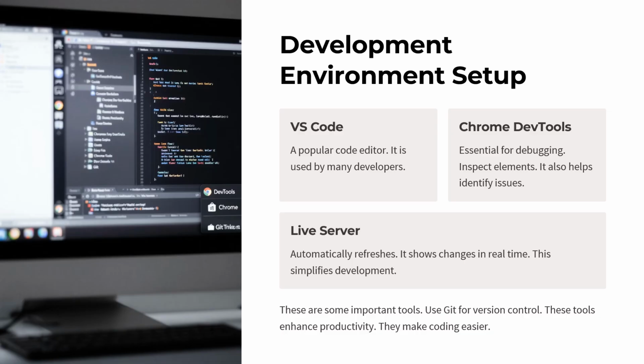For debugging and optimizing web applications, Chrome DevTools plays a crucial role. It allows developers to inspect and modify HTML and CSS in real time, debug JavaScript, analyze network performance, and identify layout issues. This tool is essential for troubleshooting problems directly in the browser, providing immediate feedback on how a website